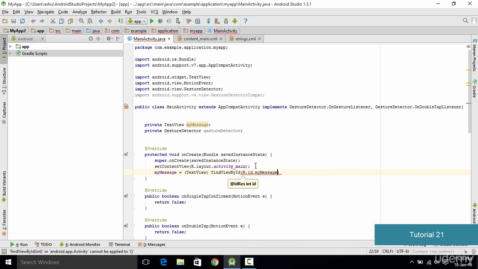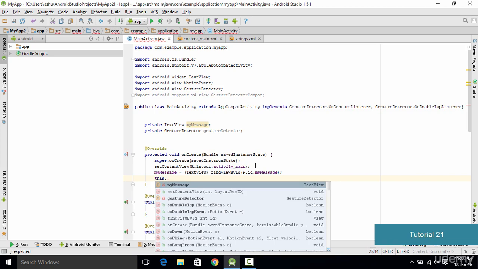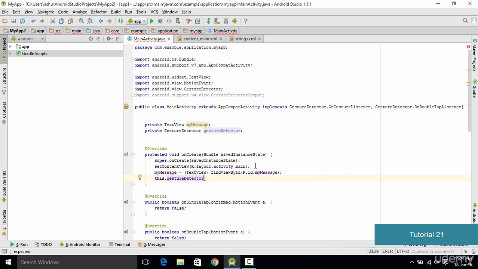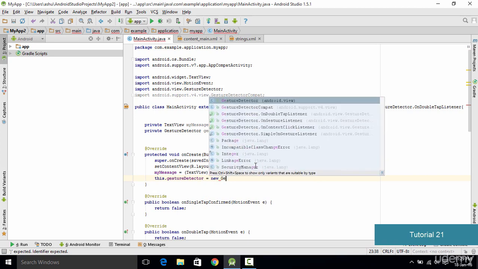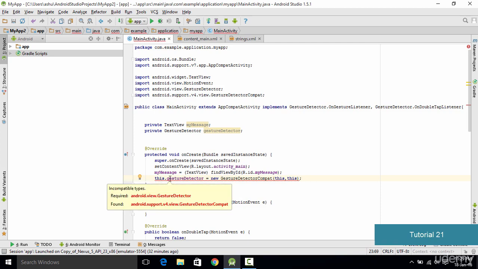So we select my message and then we go ahead and we create a gesture detector. So we type this dot gesture detector equals new gesture detector compat, and inside the parameters we are going to specify this and this. If you don't understand why the keyword this is used, the main significance of using the this keyword is that this refers to the current object which we are working on.